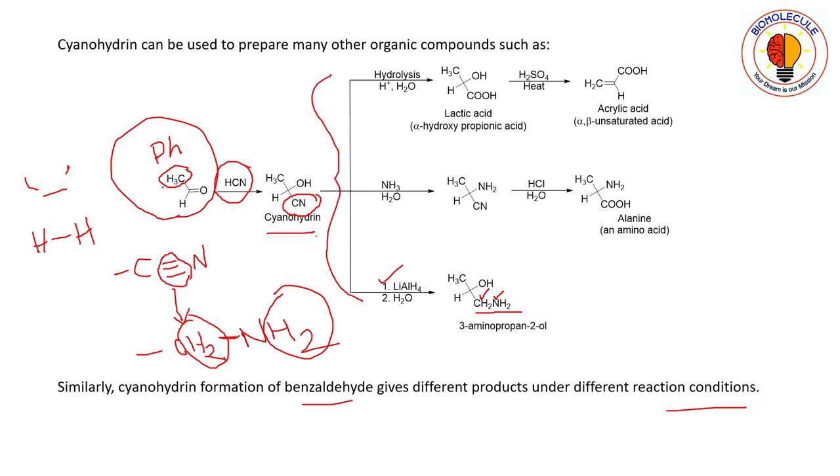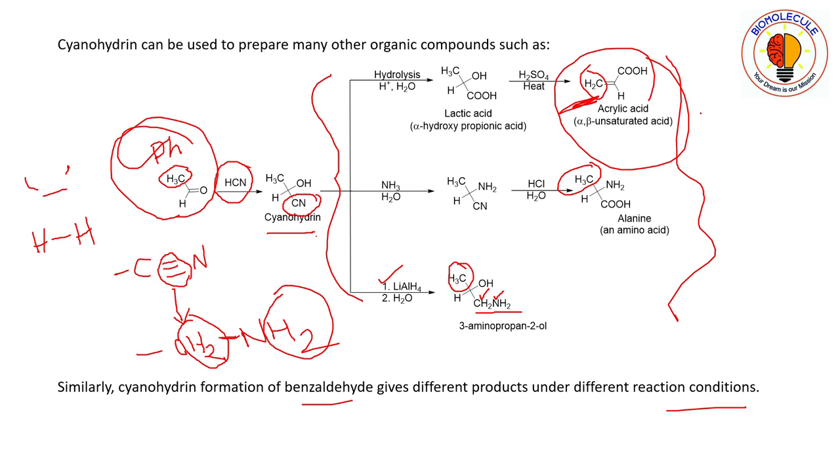Okay, so just replace the methyl group with a phenyl group and treat under the same reaction conditions, and you will get a similar kind of product where the methyl group is replaced by a phenyl group. Now you won't get any acrylic acid here, because in phenyl the ipso carbon does not possess any hydrogen atom. Okay, you will get up to this acid. Okay,